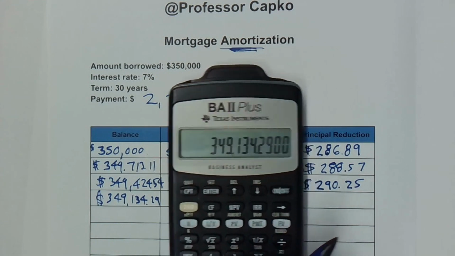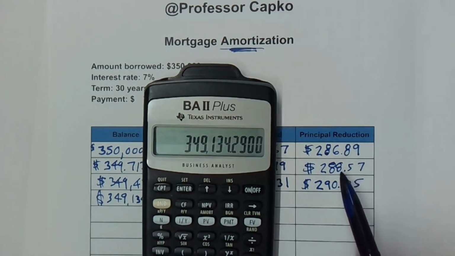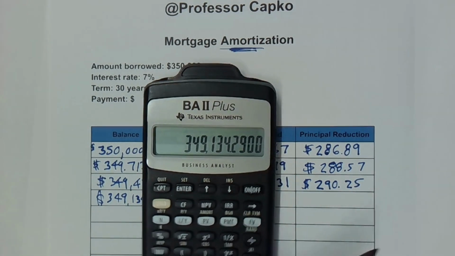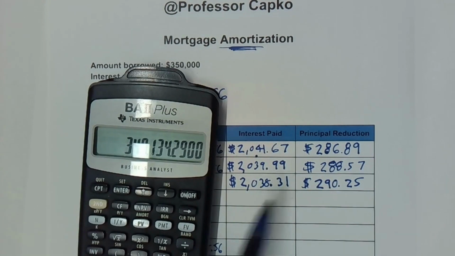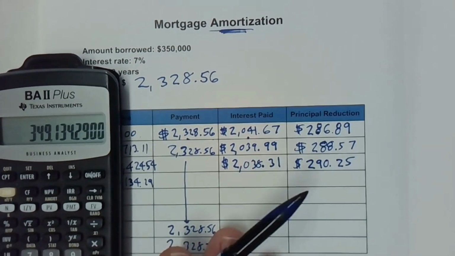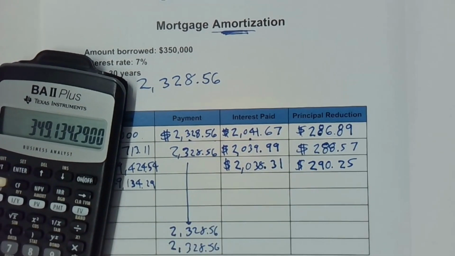You can see it takes a while to chip away at this balance that you owe the bank. And it's a very slow process at first, but you can see each month, the amount that's going toward principal reduction is growing, and the amount toward interest is shrinking because the outstanding balance is getting smaller as we go. We get toward the very end, and at the very end, you will see that we have